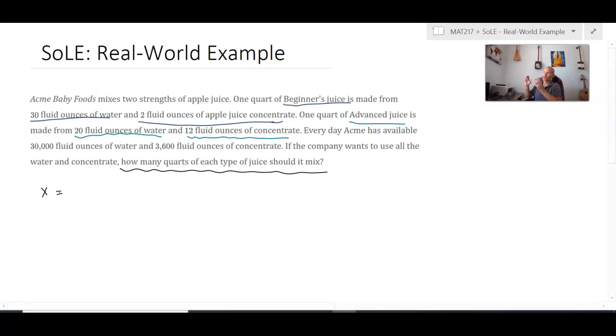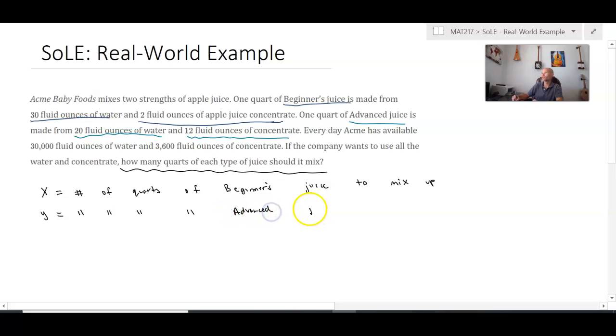So what is X a variable for? What is it a placeholder for? Well, it's the number of quarts of beginner's juice to mix up. Right, so this is going to represent how many quarts of that beginner's juice we're going to be able to mix up, given that we have 30,000 fluid ounces of water and 3,600 fluid ounces of concentrate. And then our second variable, Y, will be the same thing, but this will be for the advanced juice